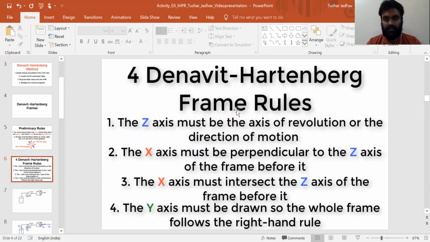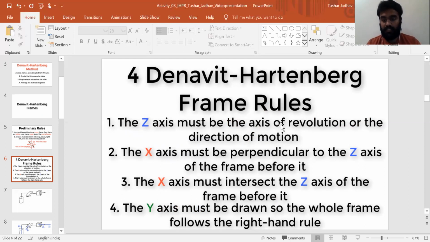Now, Denavit-Hartenberg frame rules. These are the 4 rules that will help us to assign the frame that we are going to assign to the joint. Okay. So the first rule is the z-axis must be the axis of revolution or the direction